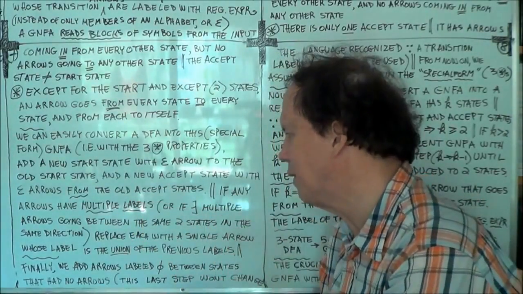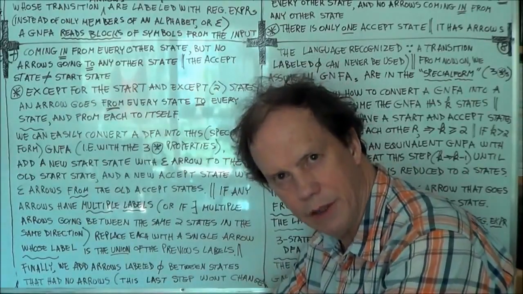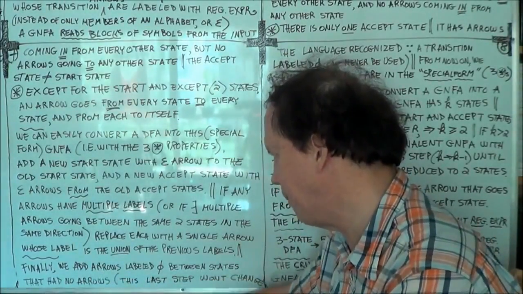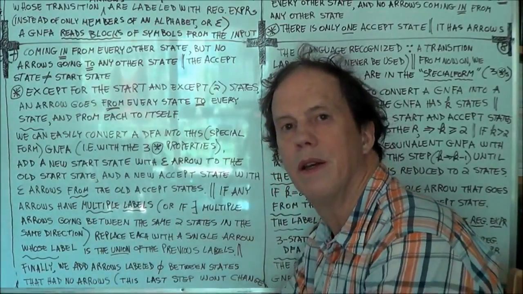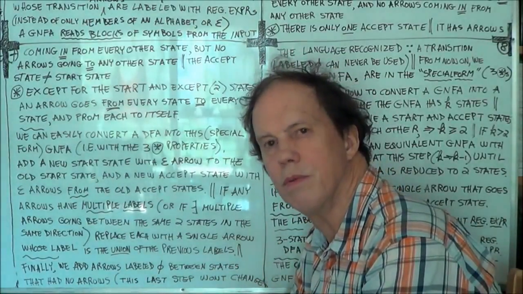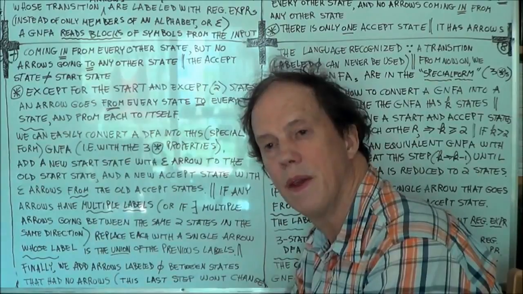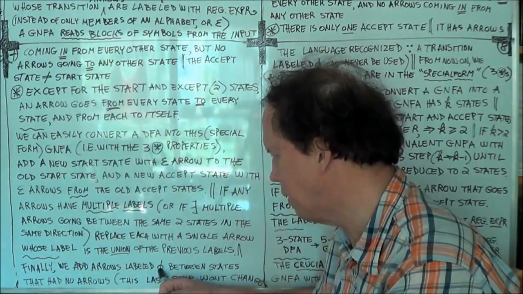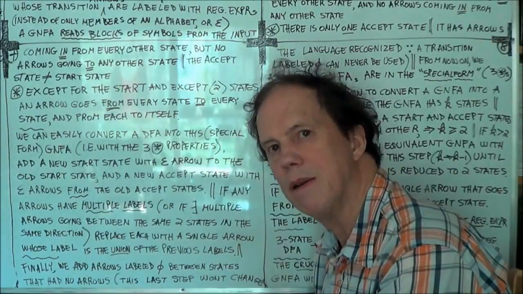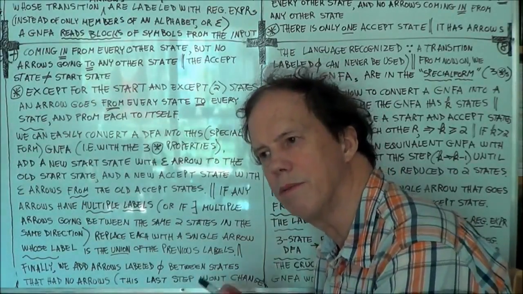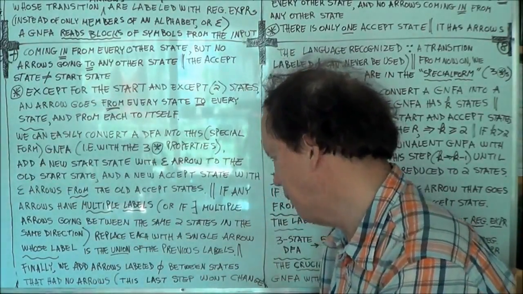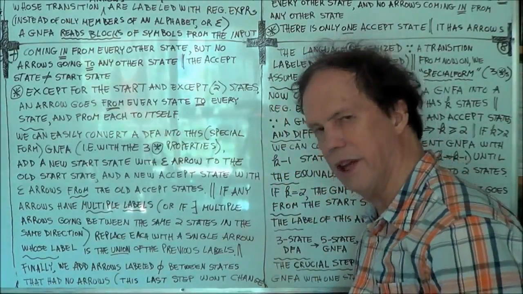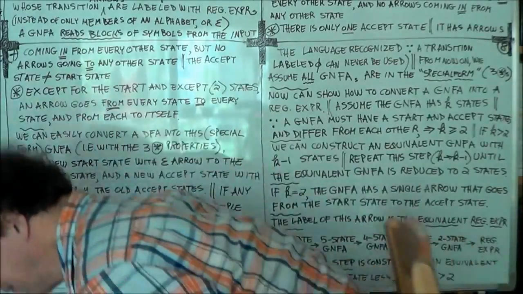Now, if in your DFA you have no arrows between those two states, well, add an arrow but label it the empty set. And you may ask why. Well, think about it. Doing this won't change the language detected at all, because there's no